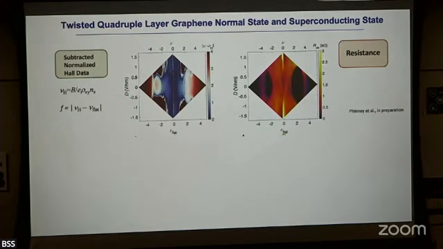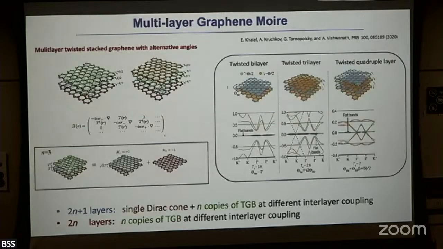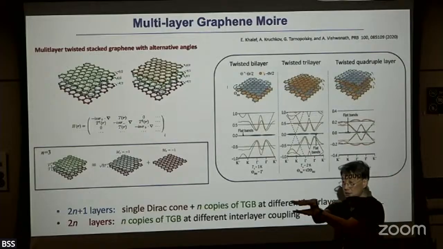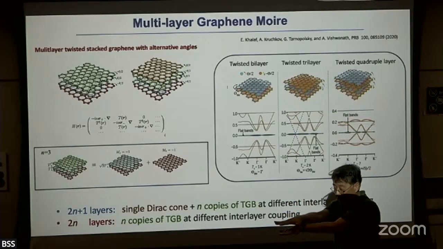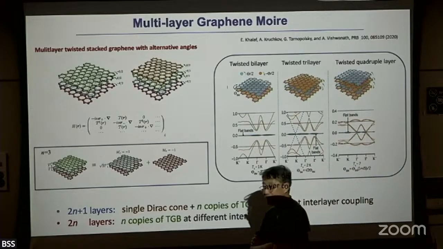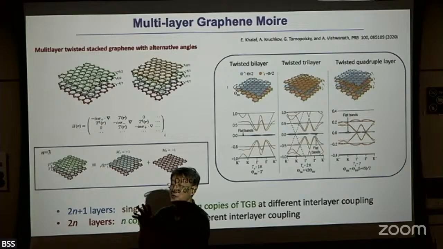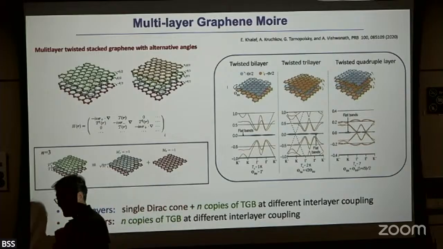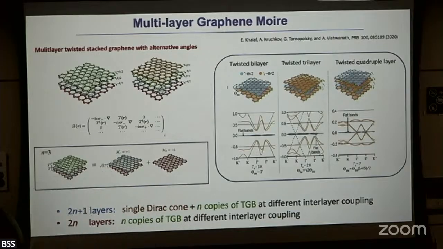Yes, please. These figures you showed are for the same twist angle between the first and second layers, and the second and third, right? Yes. So you have to put in the same angle. Beyond bilayer, you have the problem that in experiment it will never be exact. That's right. So you need a little bit of compromise in that way, right? If you have really good experimenters, they're really good.